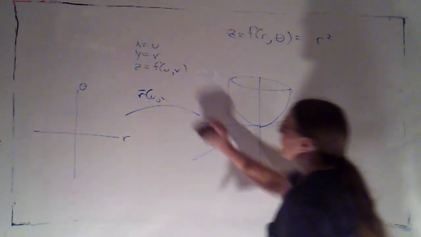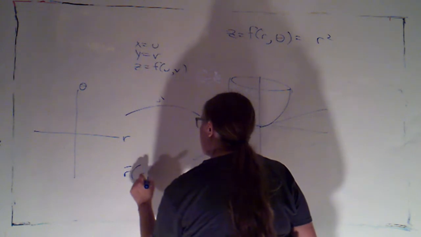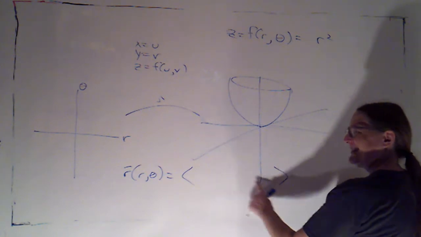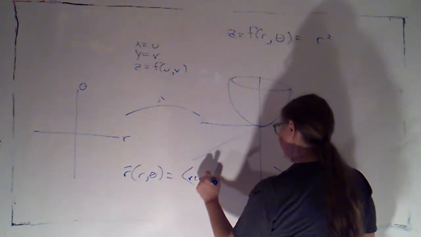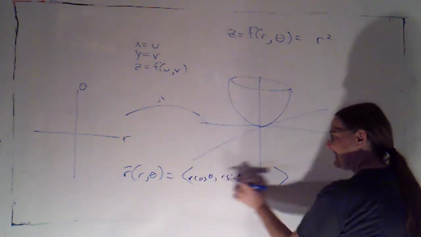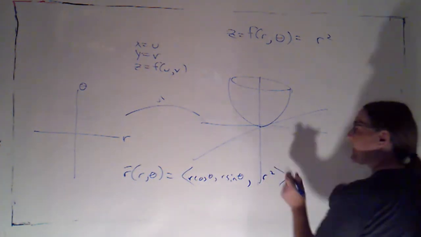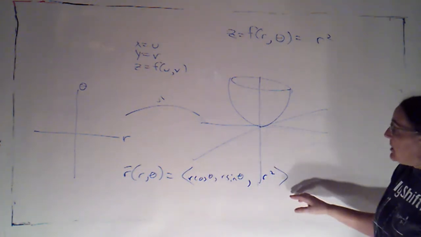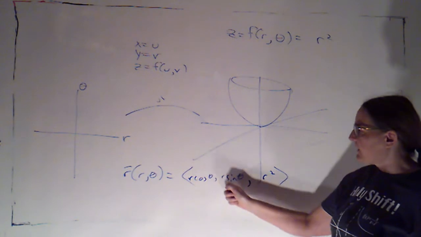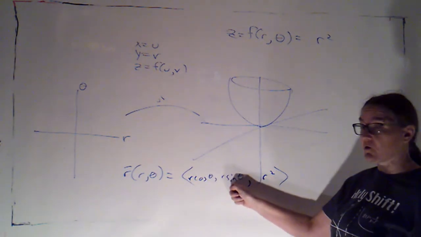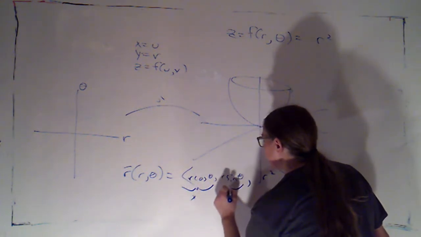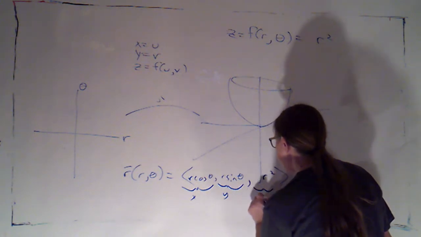Okay. All right, so then I would say r of r, theta. Now do be careful here. It's not r, theta, r squared, it's r cosine theta, r sine theta. So I'm describing x and y, and z would have been r squared. Okay. So if I'm using polar coordinates, I'm not just putting r and theta here the way I can if I'm using rectangular coordinates, because as we parameterize, we are always describing the rectangular coordinates x, y, and z of our point.